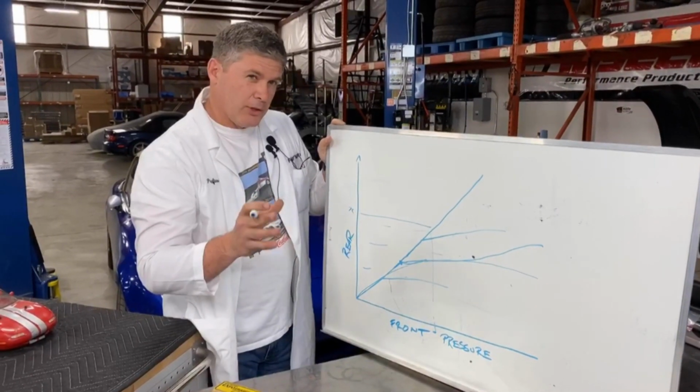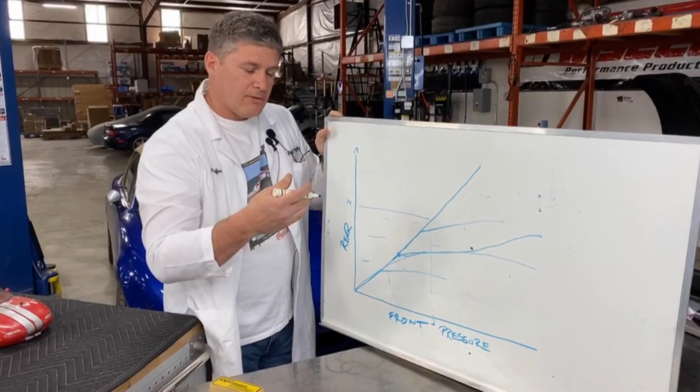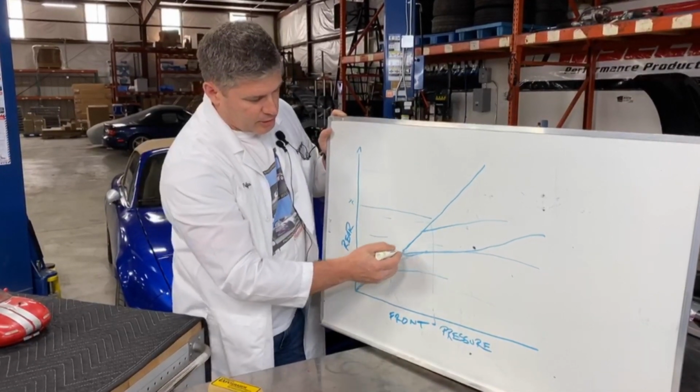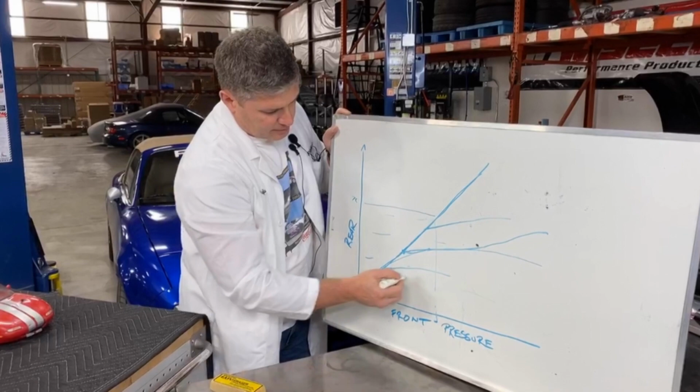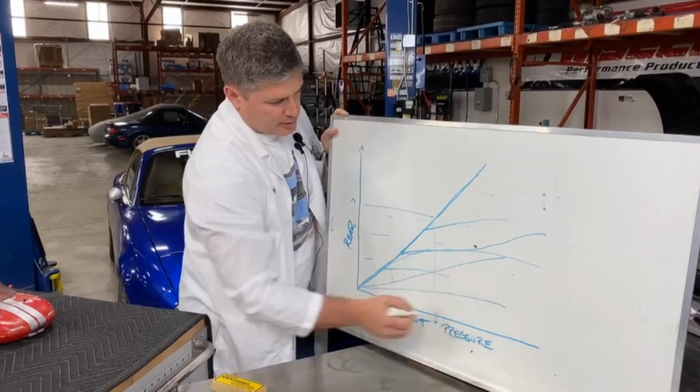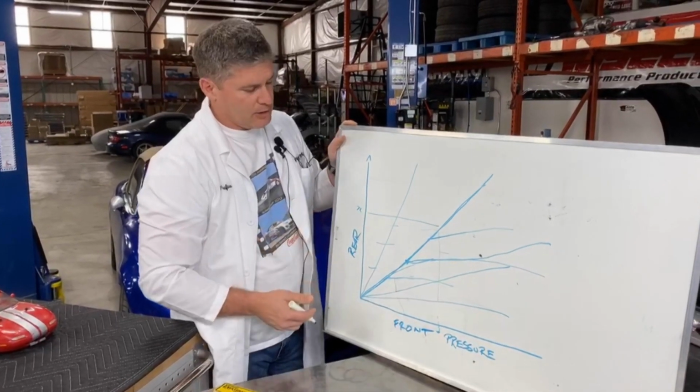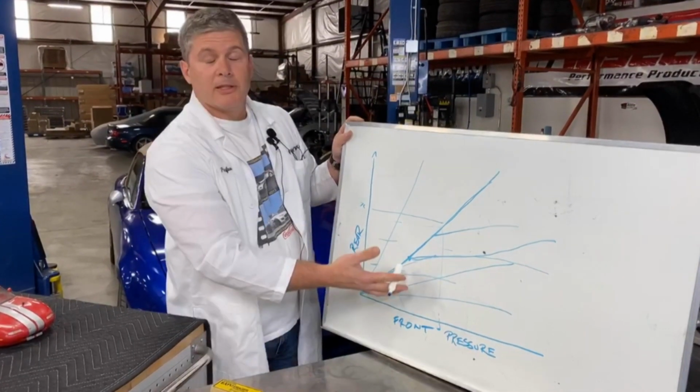One thing to know, if you're using dual master cylinders with a bias valve or bias bar, which is very much a race thing to do, you've got a straight line. You just change with that bias valve or bias bar the direction of a straight line. So it's really only good for maximum effort braking for one situation. This probably has not helped at all. Anyhow,